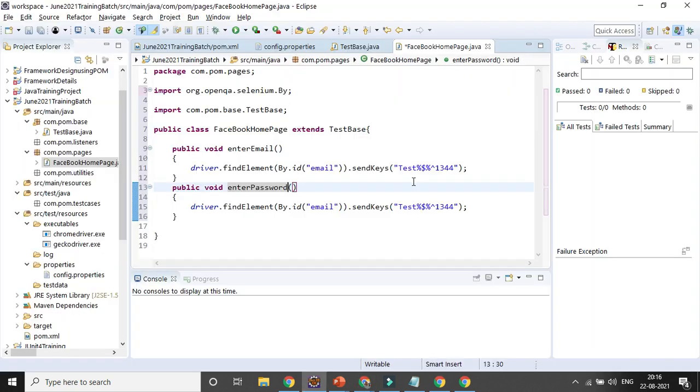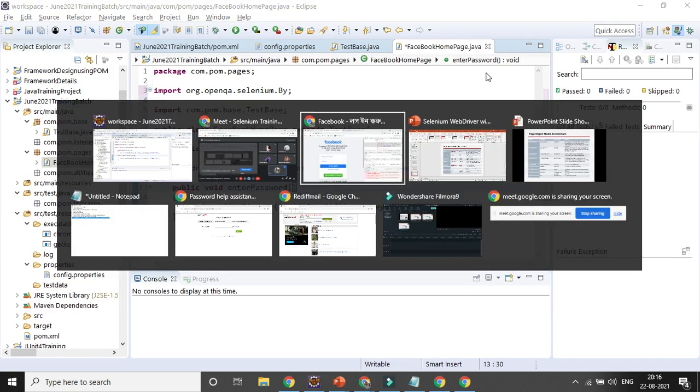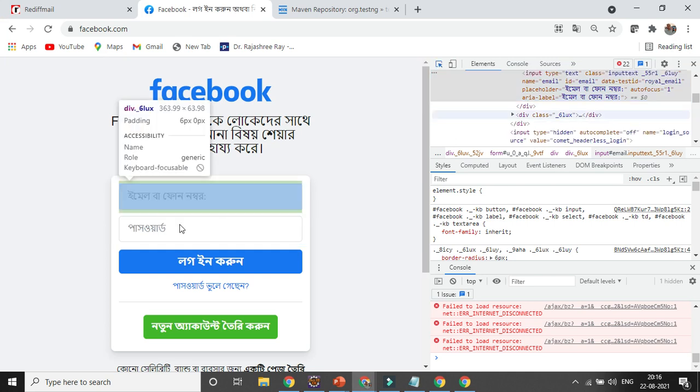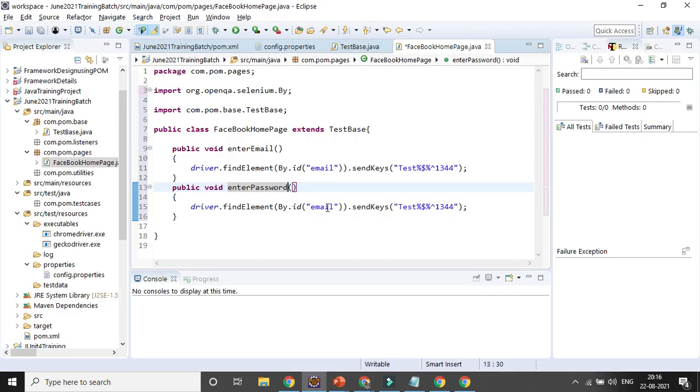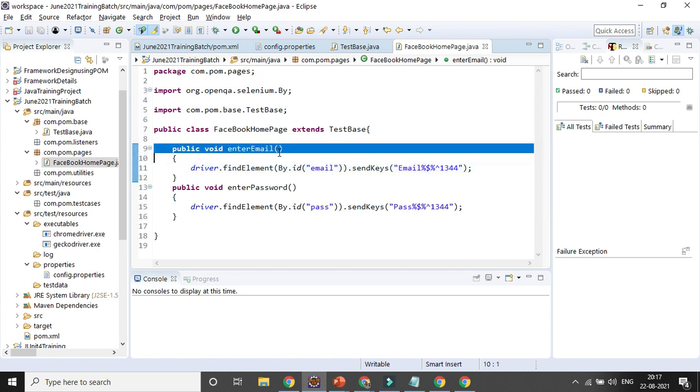Okay. So another one I will be creating, so the password field, so I will be trying to identify with the help of ID equal to pass. So here I can pass, that is the password, that is the ID I want to give it, or email. Okay, so that is a simple thing I have created as part of my page. Then so first thing is that properties file I have created, executable file I have loaded, in the base class I have created, and the pages I have created.